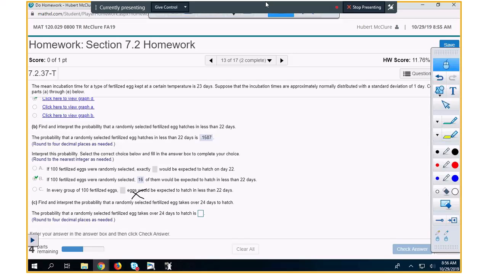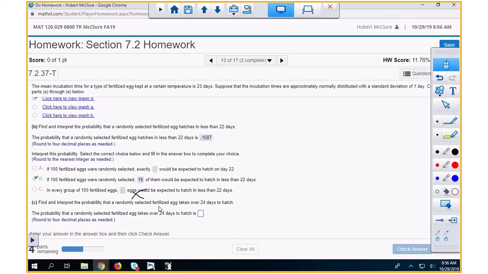So that's why it's not C. Does everybody understand that? Is it splitting hairs? Yes. So if I was to write the question, I would ask A or B. I wouldn't put C in there. All right. Find and interpret the probability that a randomly selected fertilized egg takes